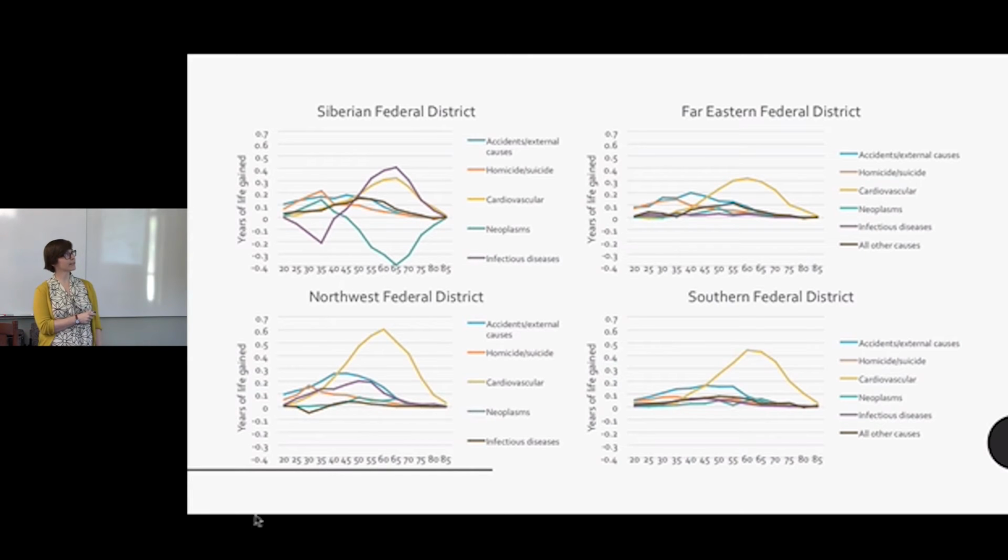And then I put Siberia on here to illustrate how weird it is. And how we've got, again, apologies for the colors, but this is the infectious diseases, lots of gain from that, and lots of loss from neoplasms. Which again, it could be a long story. The neoplasm thing could be differences in smoking rates, or I suggested this, but I'm not sure if it's actually responsible to do so,